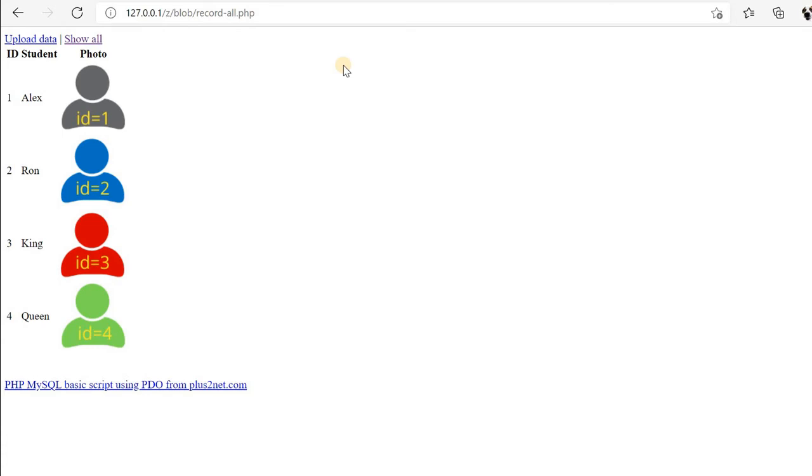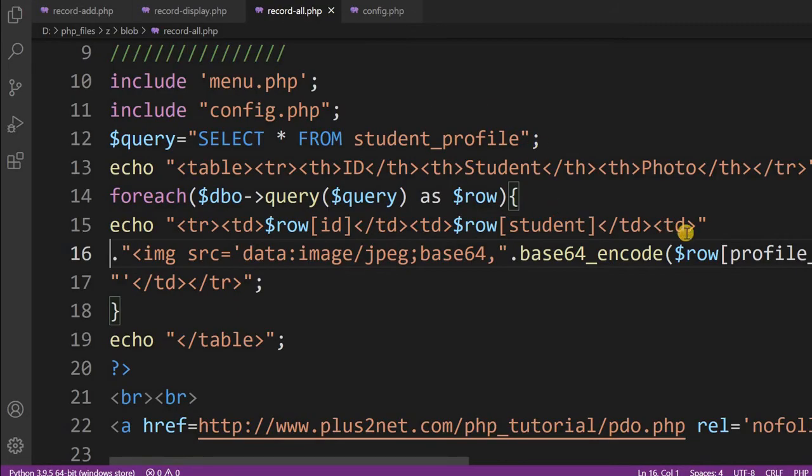While displaying the image, you can copy that code and directly use it. If your column names are different, you can change it. Here it is, row profile. Usually this is how you will be displaying the binary data, converting it into an image file and then using it as the image source. Otherwise, there is another header, if you are changing it, that opens in a new window or something, you can do that. But this will be more useful because it is not only the image you will display, you will display it along with other data also. So this is how it will be used.